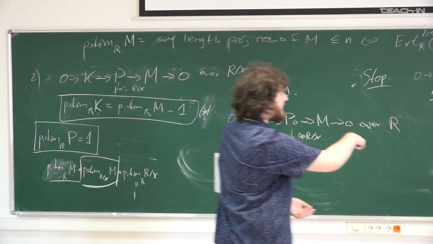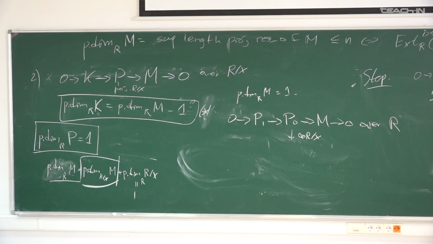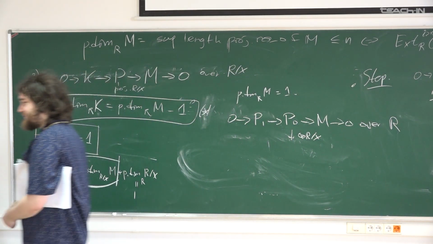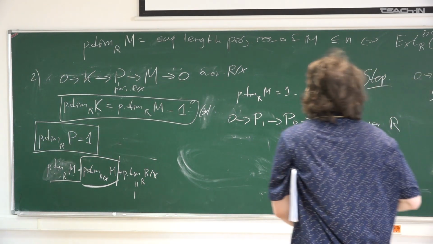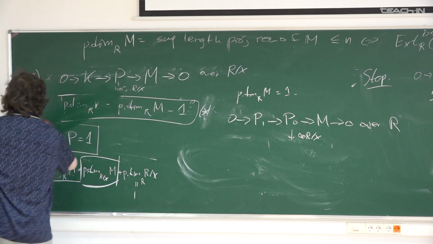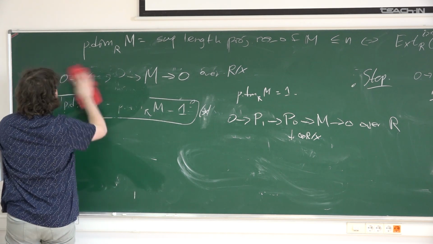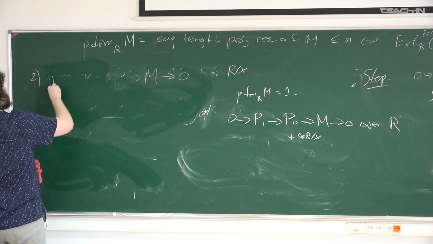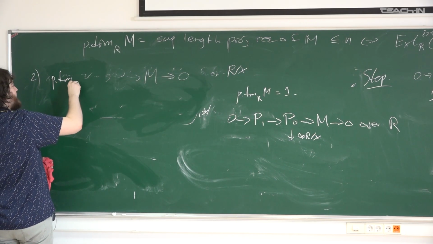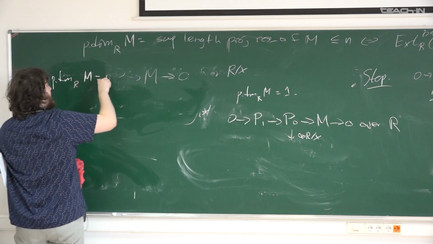So this cannot exist, and then from these equalities we obtain that this equality holds. Okay, this was the following exercise. It was that projective dimension of R M is projective dimension